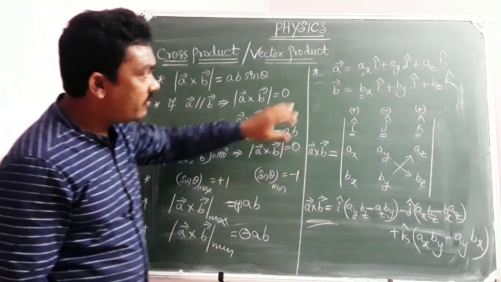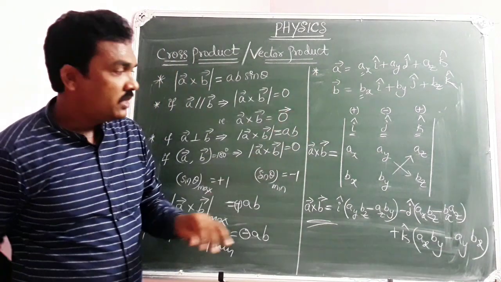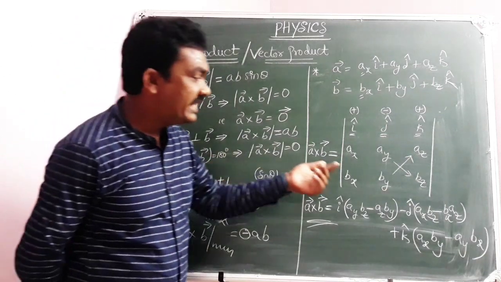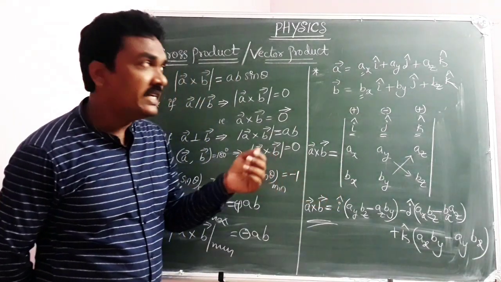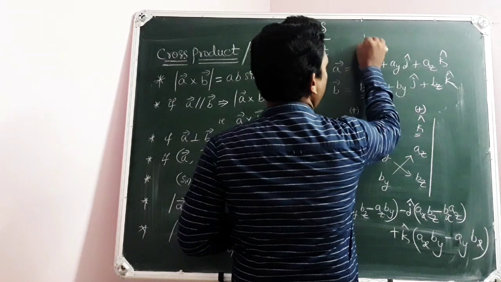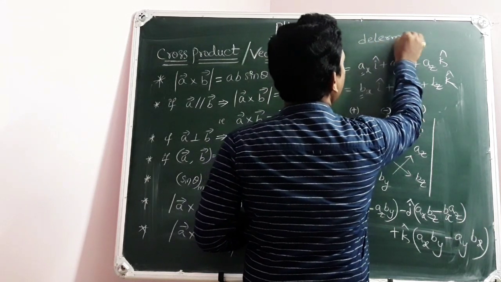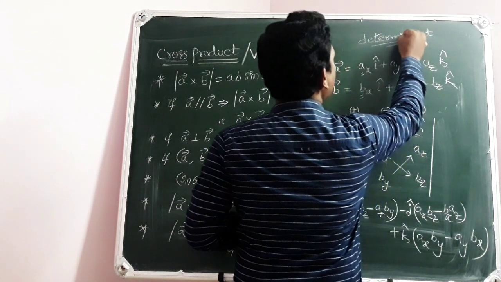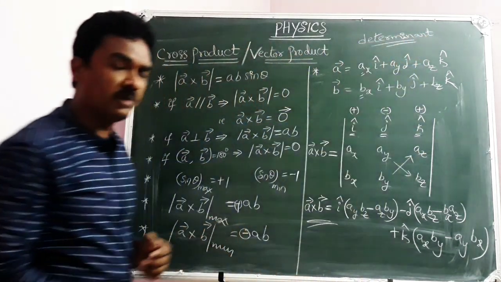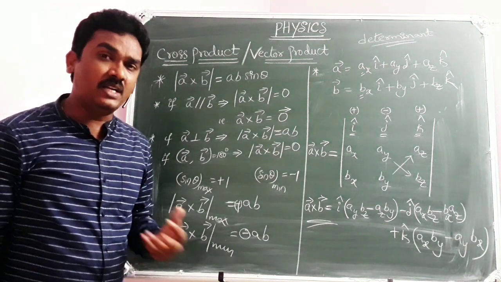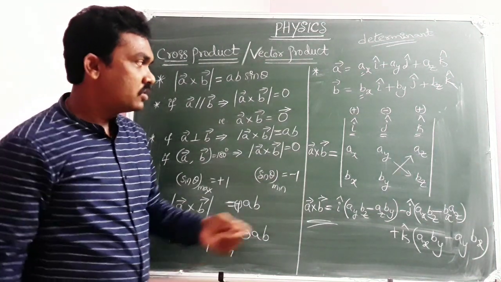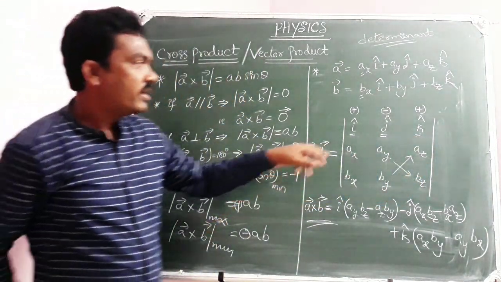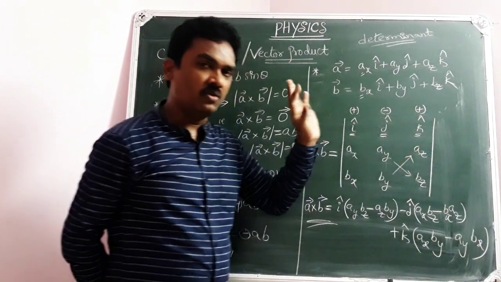Now, if the vectors are given in their component form, then A bar cross B bar will be calculated using the determinant. How to read it? Determinant. We call it a det. I am writing the spelling here. Determinant. You may come across this in mathematics, polynomials and quadratic equations. Determinant, or a det, we call it in mathematical language. So this symbol is a det of I cap, J cap, K cap.